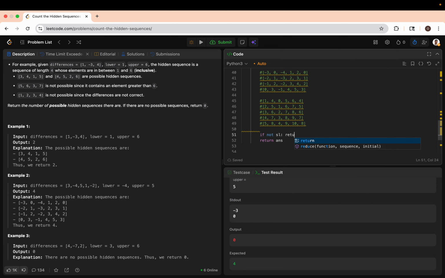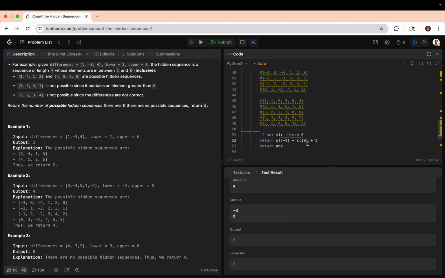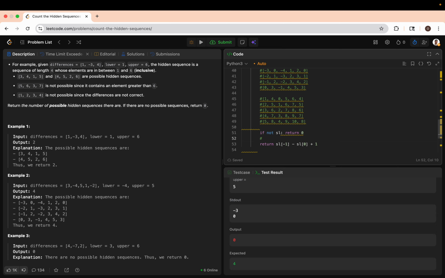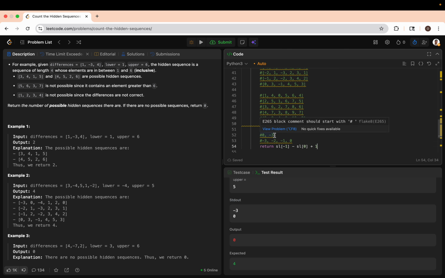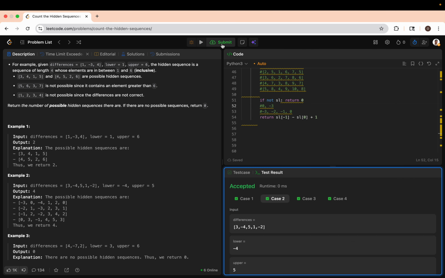If not SL, return 0, right? There was no satisfying sequence at all. Otherwise, we're going to return SL of -1 minus SL of 0 plus 1, because if SL of -1 is 0 and SL of 0 is -3, there are 4 numbers in between: -3, -2, -1, 0. So 4 numbers total. That's why we're doing plus 1, because -3 minus 0 is only 3, and we want that 4th number. Okay, so let's go ahead and run this, submit it,